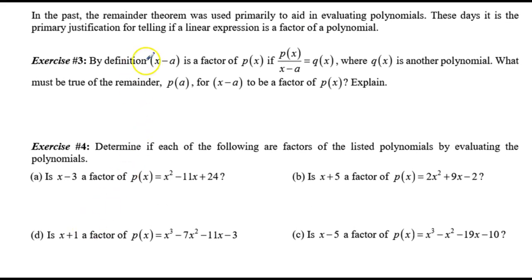Okay. All right, exercise 3. It says, these days, the remainder theorem is primarily used as a justification for telling if a linear expression is a factor of a polynomial. So what we're saying here is, if x minus a is a factor, that means when we divide out the polynomial by this factor, there's just a quotient. So there's no remainder. So what must be true about the remainder if it is a factor? Well, the remainder,